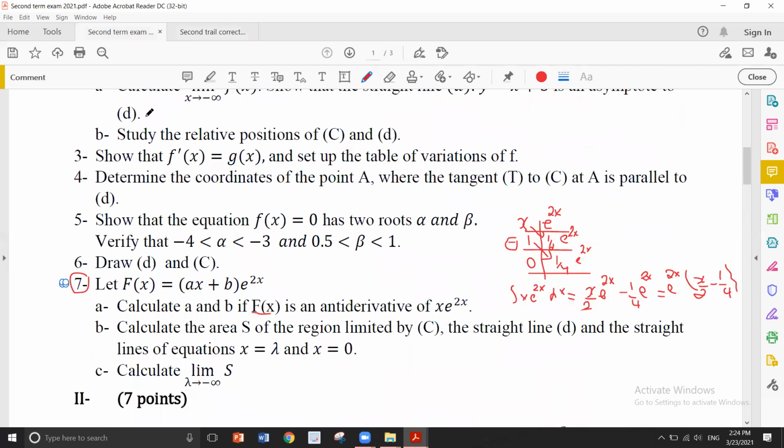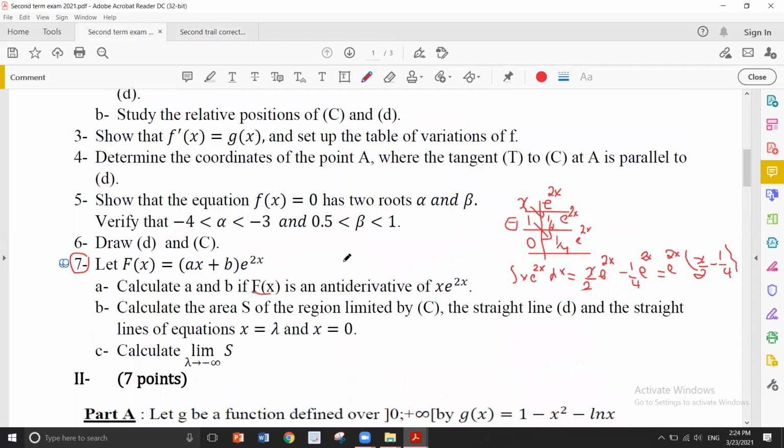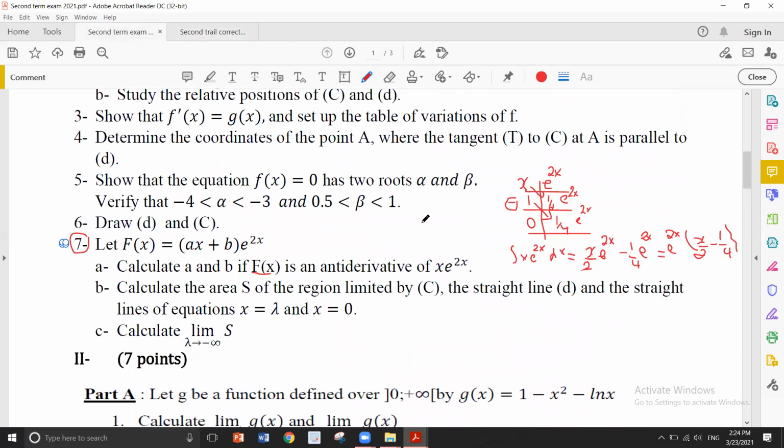Good news for life science: integration by parts is not required for this year. For life science only. But in general, you have